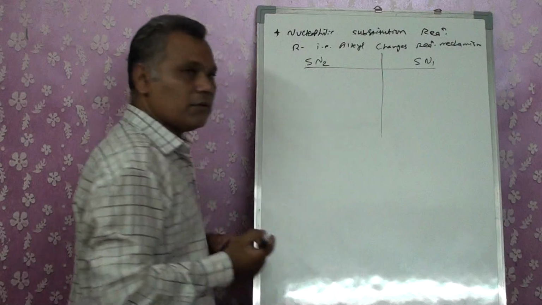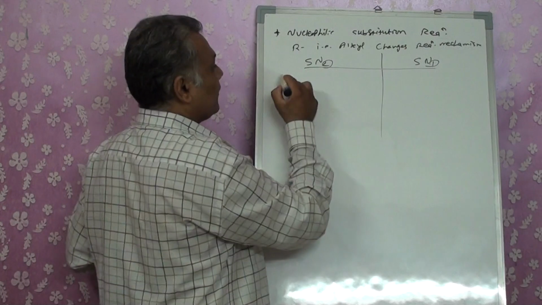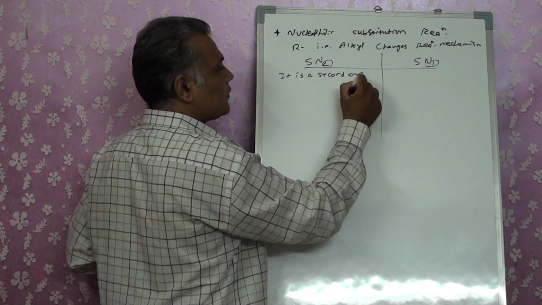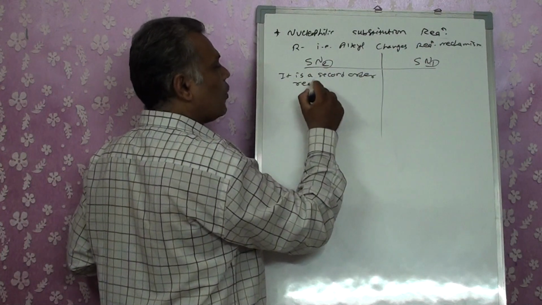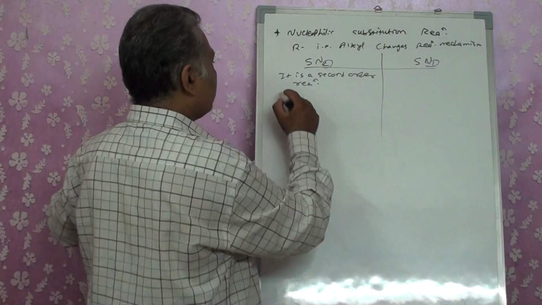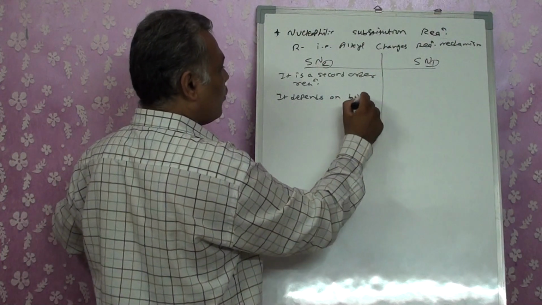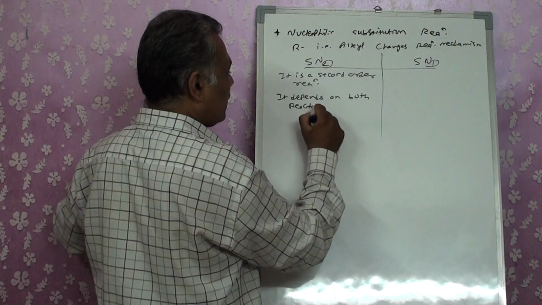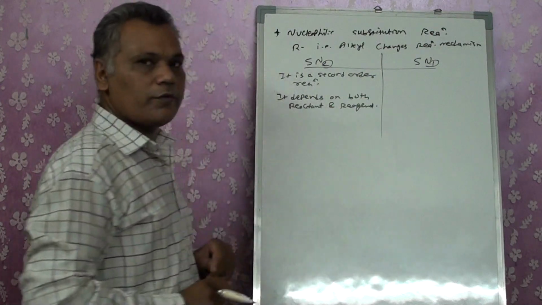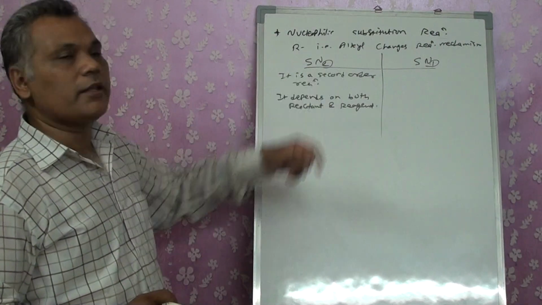We can have it as a question, SN1, SN2. Now say this 2 or 1, what does it indicate? It is a second order reaction. Already we studied it in our chemical kinetics. It depends upon the two reacting species, on both reactant and reagent. It depends on both of them, right? So first order, second order, first, both of them together, it's a second order,